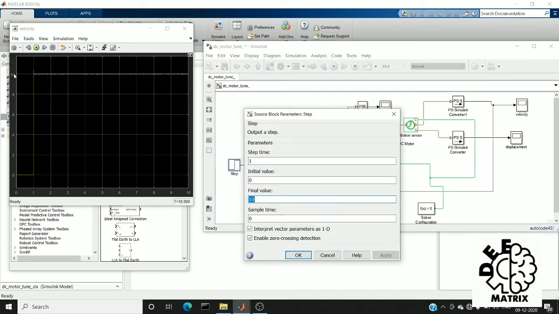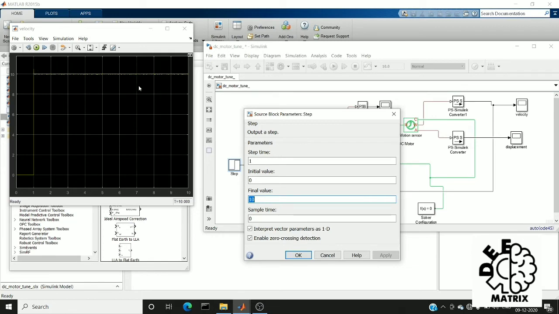The speed of my motor is at 10 RPM, and after second one it is constantly running at the same speed. But there is still a peak at time second one. This will not be good for the motor, because a sudden peak will make the back EMF go to a high value. So we have to reduce this.